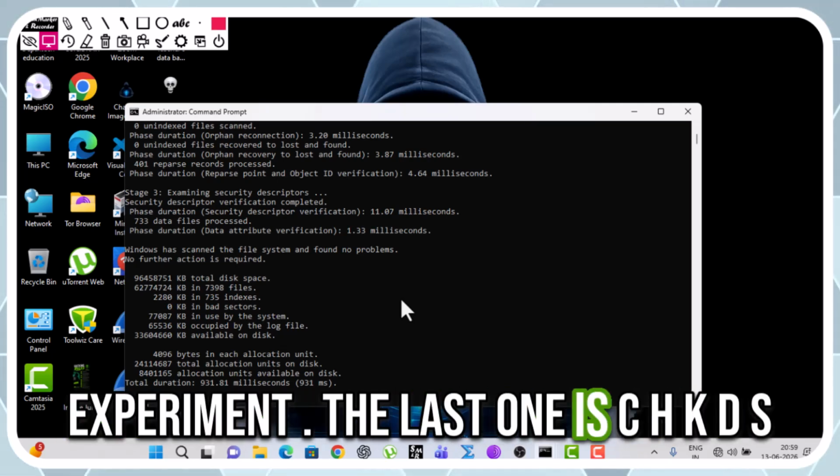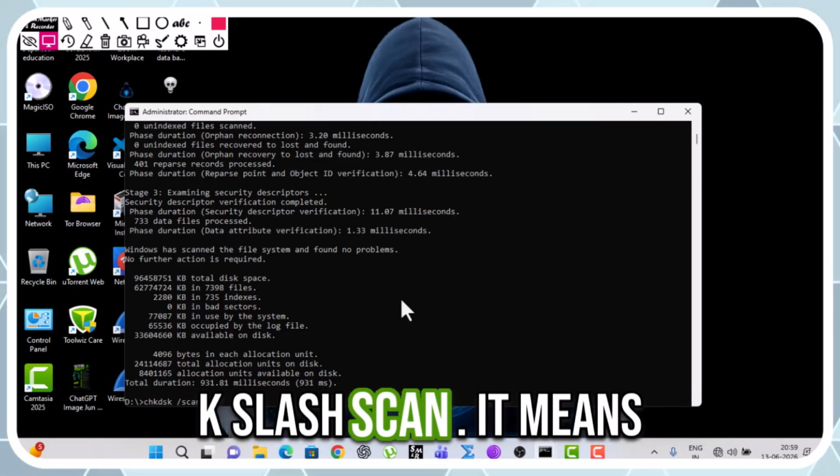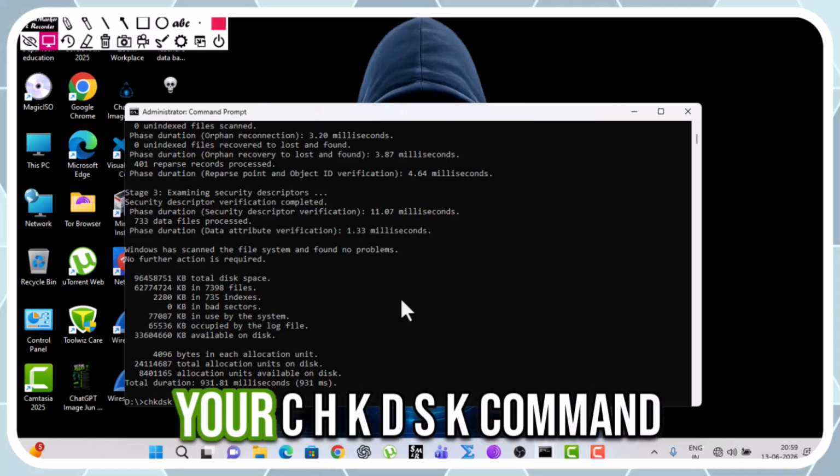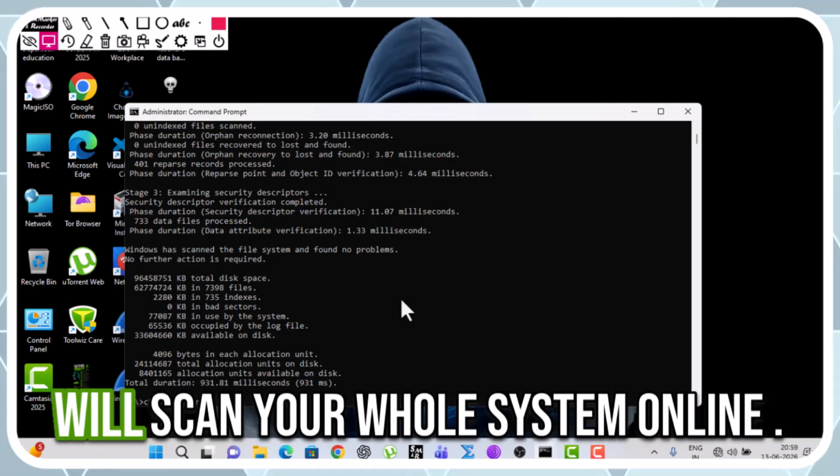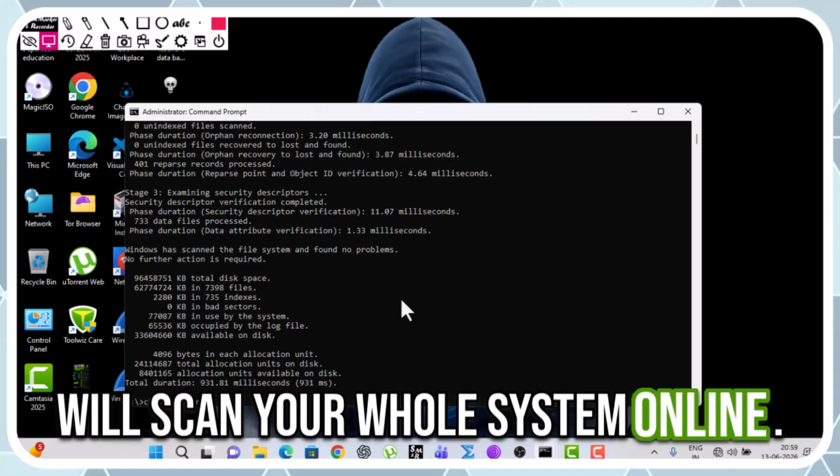The last one is chkdsk /scan. It means your chkdsk command will scan your whole system online.